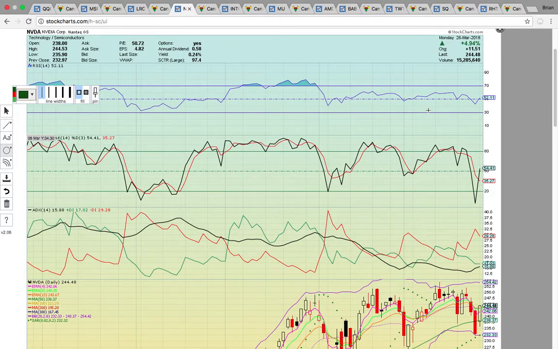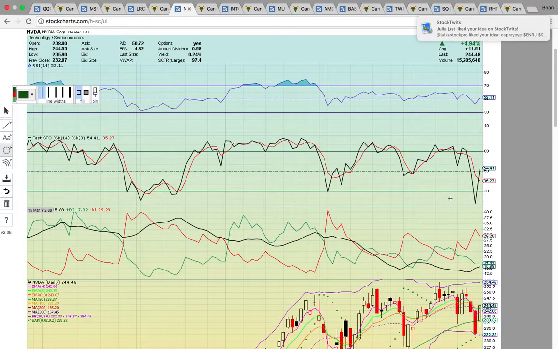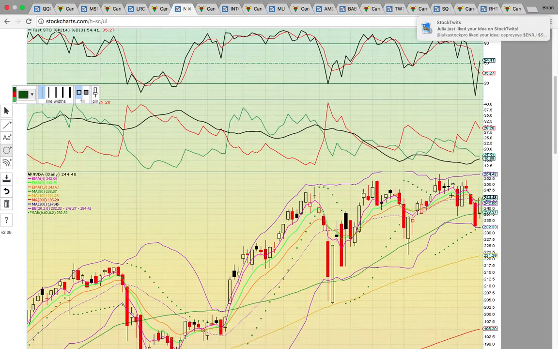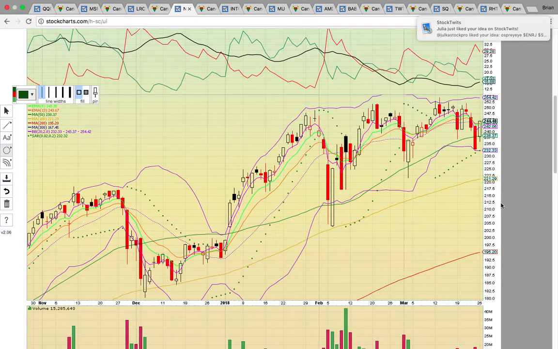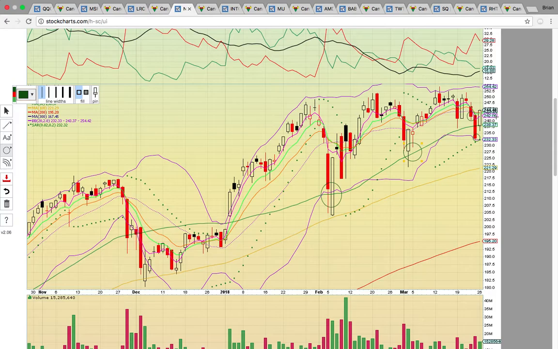Okay, take a look at NVDA. This is another semiconductor stock. Okay, it also formed a bullish one white soldier reversal pattern. So this is a good reversal pattern as well. It had a very similar pattern where it had closed below the middle Bollinger Band on Thursday of last week, and then here on Friday it had closed below that 50-day simple moving average. The last two times that it hit that 50-day simple moving average, it bounced and closed back above, and that's exactly what happened today. Today it bounced off that 50-day simple moving average support zone,